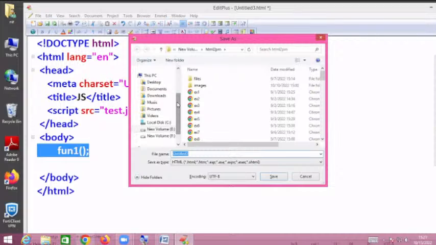Everything is proper, sir. But a small thing is missing. Okay, first we have to save this program